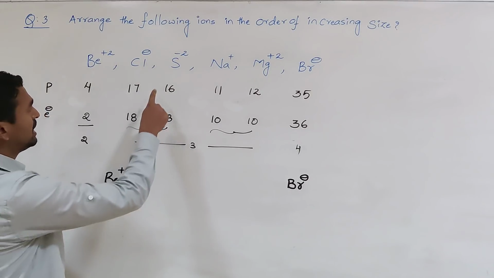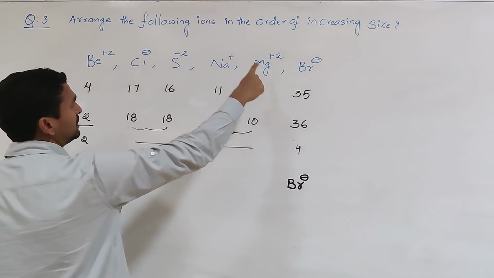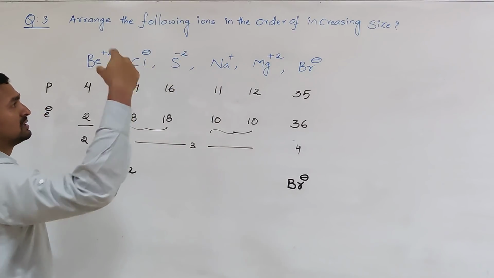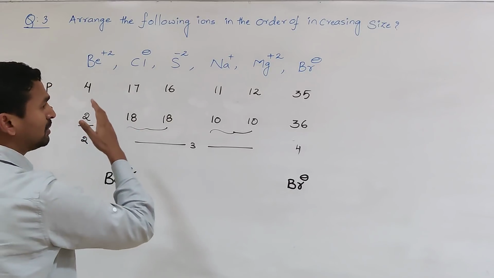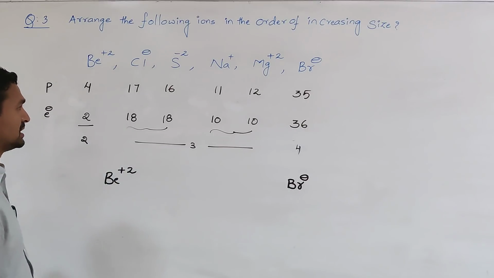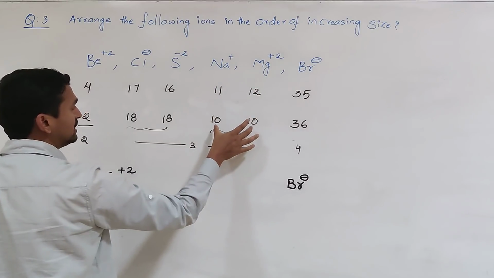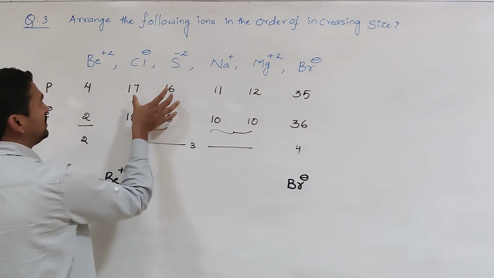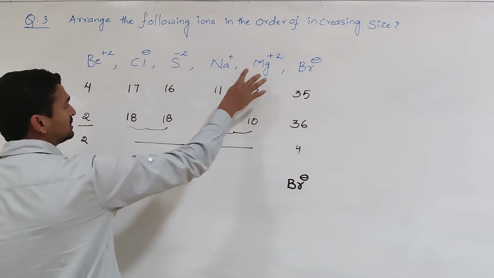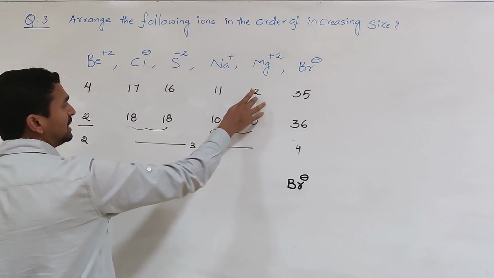Now coming here, as we move in the third period, first we get sodium, after that magnesium, then aluminium, then silicon, phosphorus, sulfur, chlorine. So like that we move from left to right, and generally the ionic radii or the atomic radii decreases. Then coming to sodium and magnesium, here the number of protons is less as compared to here, and at the same time the number of electrons is also the same. Among sodium and magnesium, here the protons are more, that's why it is smaller in size than